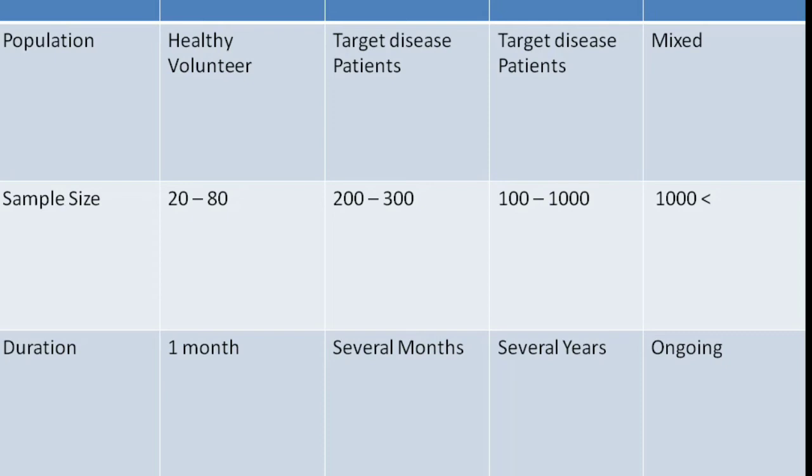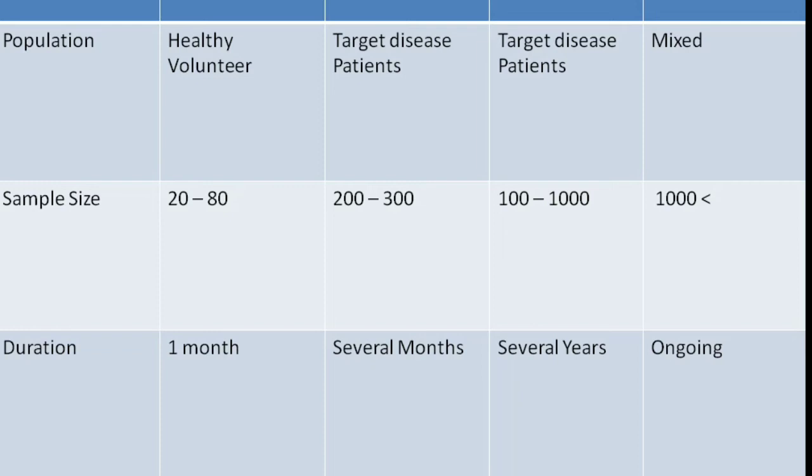In phase 1, the design followed is non-blind, as the person who is taking the drug as well as the person who is giving the drug both know about the effects of the drug, what kind of drug they are administering. In phase 2, single blind, that is, the person who is taking the drug doesn't know about the particular drug, but the person who is giving it knows about the drug.